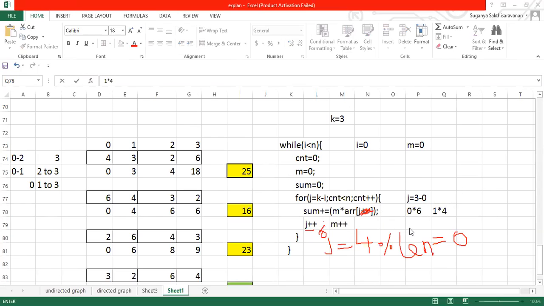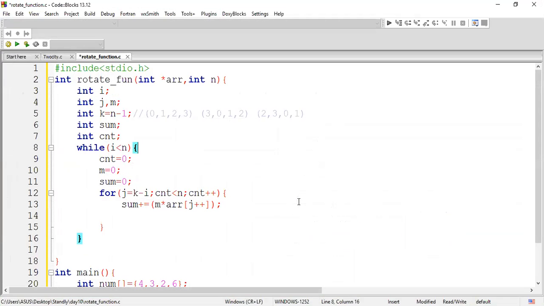Guys, are you able to understand this logic I'm stating here? I'm speaking about the cyclic rotation. At this place, we are doing cyclic rotation just by assigning J as J modulo the length of it. The length is N. J modulo the length of it. So after doing each and every operation, you're supposed to increment your J value and your M value.